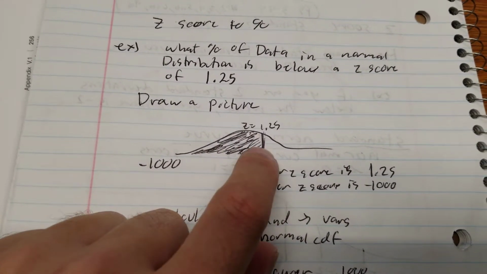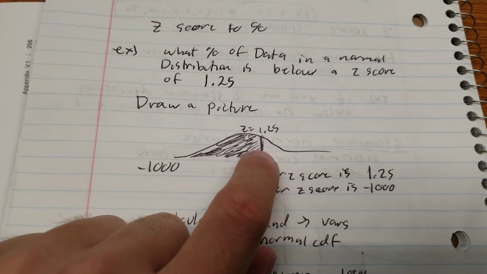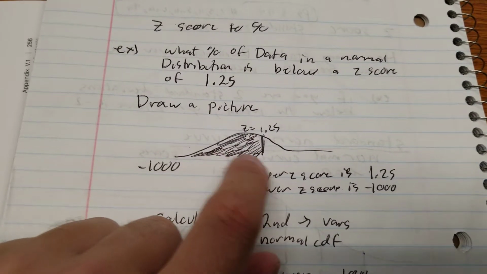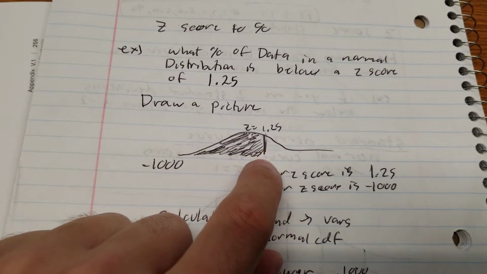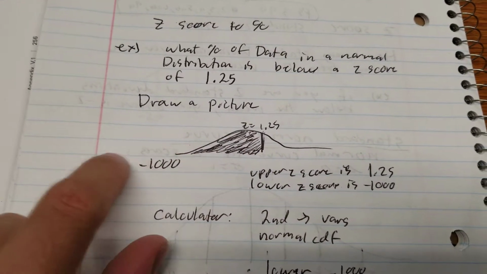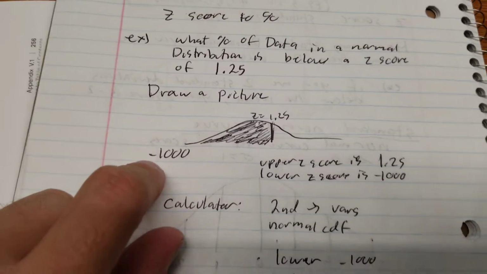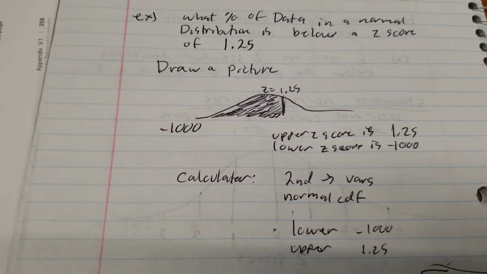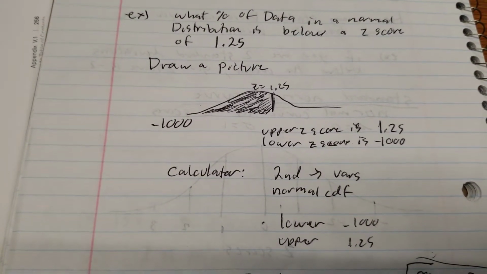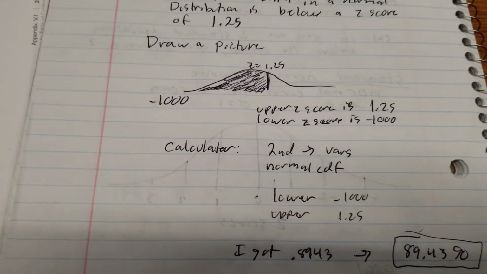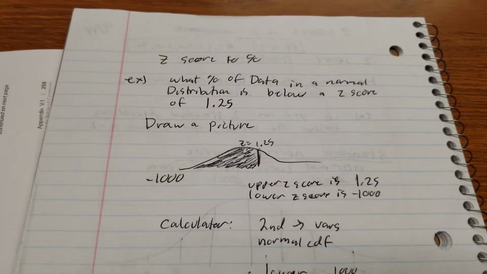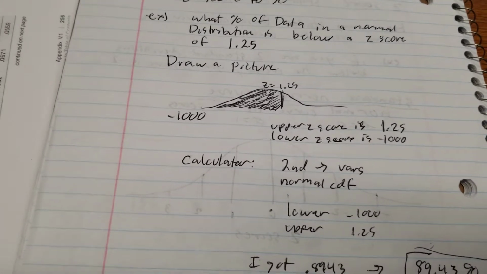Then I shade the area that I want. The highest z-score in this range is 1.25. The lowest is off into negative infinity, but there's no button for that, so I'm just going to put negative 1,000 in my calculator. I will show a calculator video for these examples in a second, and I'll do a table video. But basically,